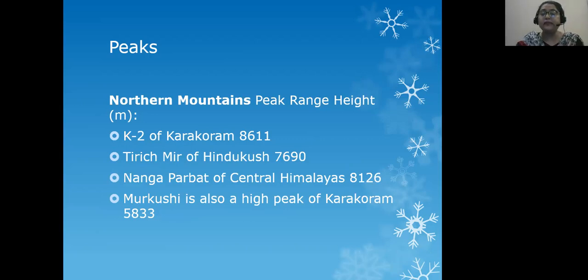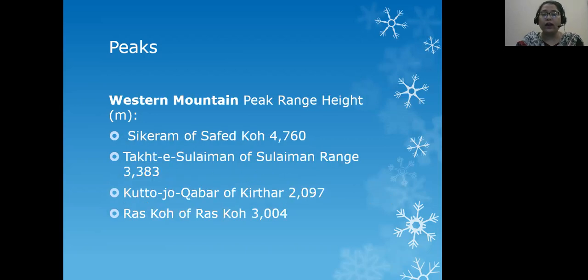Their highest peaks are 8,000 or 7,000 meters high, whereas the highest peak of the Western Mountains is 4,000 meters high. So it means that the Western Mountains are medium height, whereas the Northern or Northwestern Mountains are very high.